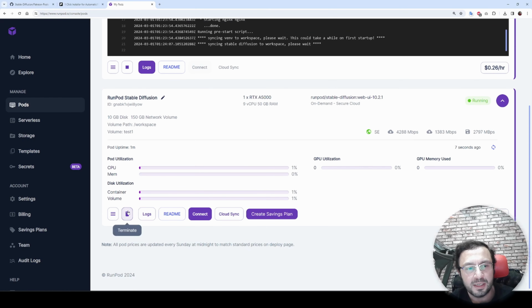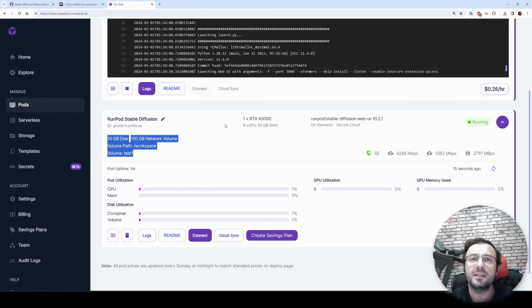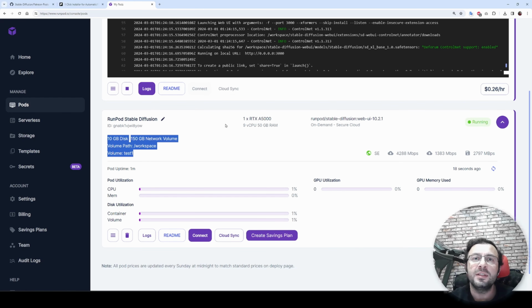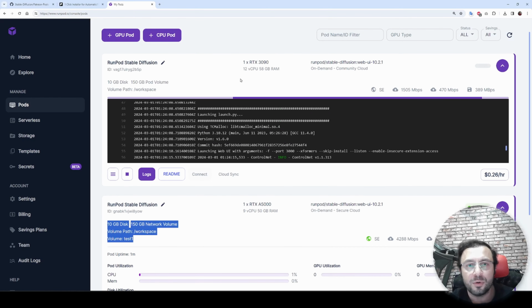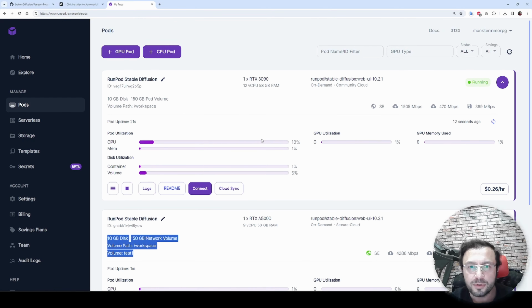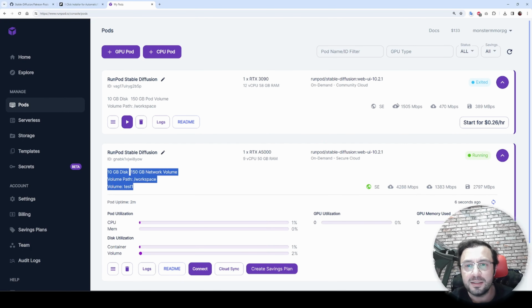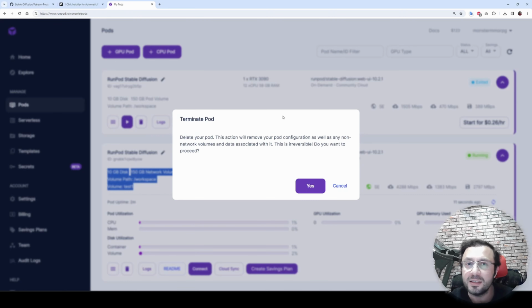So this machine has terminate option because this is a private volume. So when you terminate it, it just closes your port and you can deploy it to any other machine. However, on community cloud, we have stop option because when we stop our port, it will just be stopped. And then when there are available GPUs, we can start again. So this has two options. When I stop it, it will not get deleted. It will stay like this, and then I can terminate, and this will delete my data permanently.